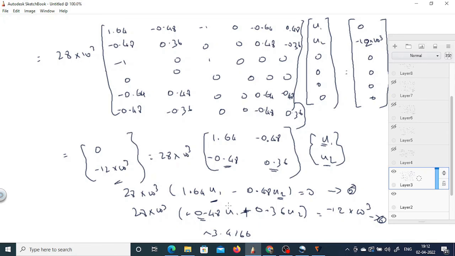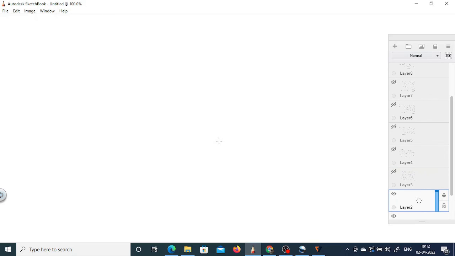So I can easily remove the u1 term from the equation, so I multiply the 6th equation with 3.4166. From this I can get 28 into 10 power 5, because I multiplied with 3.4166, so that